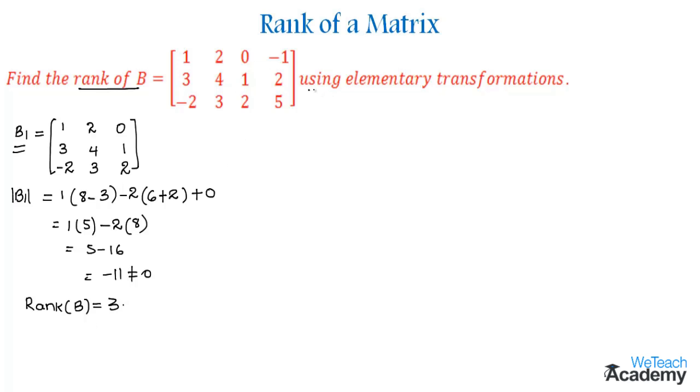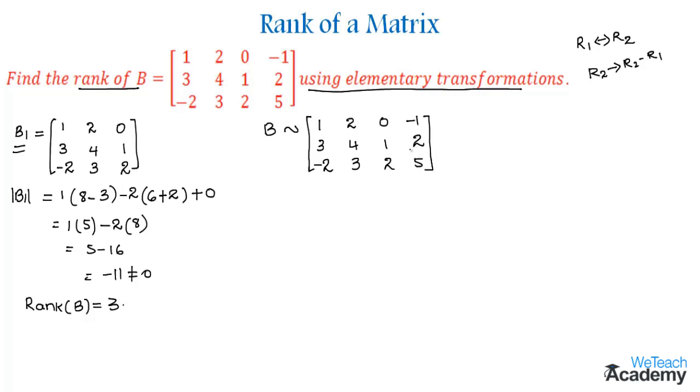And now, let us discuss how to find the rank using elementary transformations. So first, let me tell you the meaning of elementary transformations. The transformations like interchanging of two rows or transformation of a row by using subtraction or addition or multiplication, such transformations are called as elementary transformations. So now, let us consider the matrix B. So here the main purpose will be to make the upper triangle as 0.